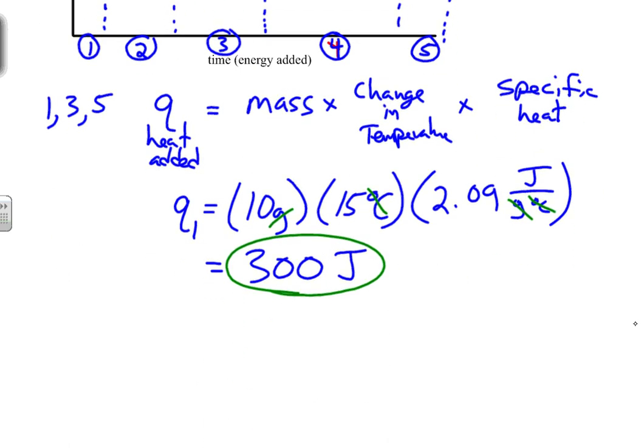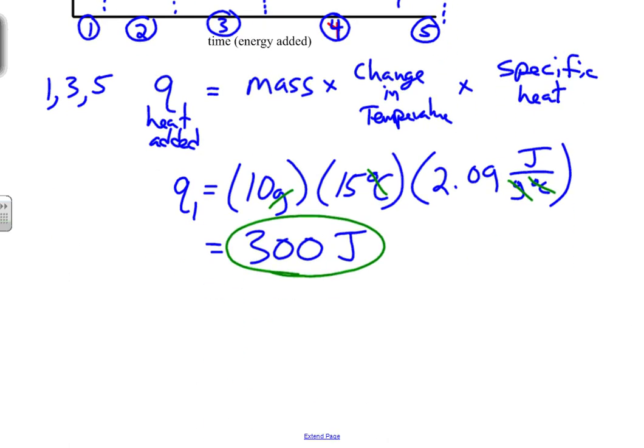Now let's take a look at 2 and 4. And let's use a different color here. So 2 and 4. So 2 represents the melting of ice, which we also call the fusion. And so there we have the energy that's going to be added. So Q2 is going to be equal to the mass. Again, the amount of energy we put in is going to depend on how much ice we're trying to melt, how much solid we're trying to melt. So we've got mass